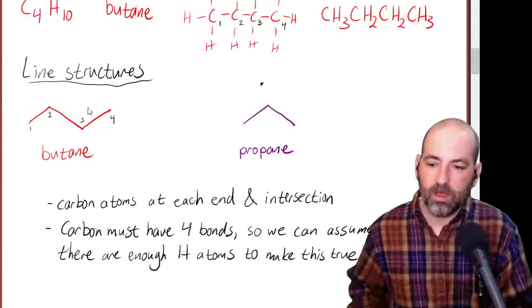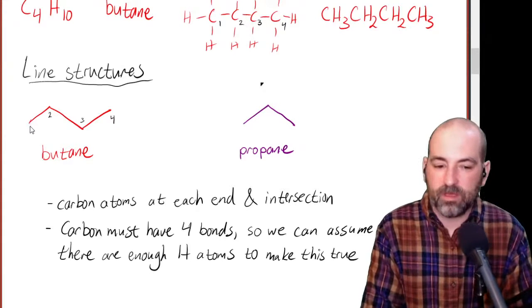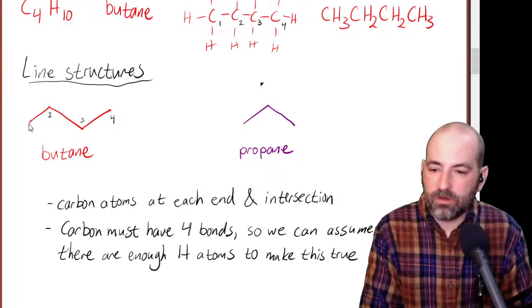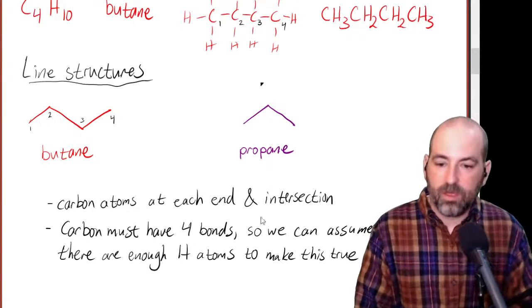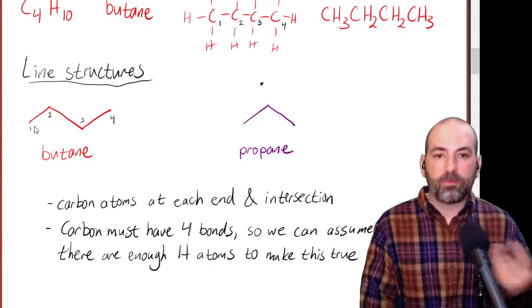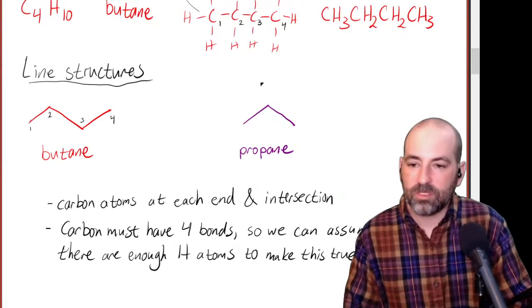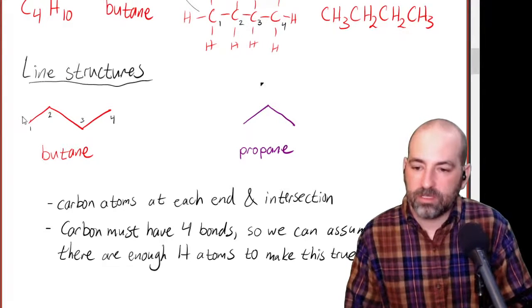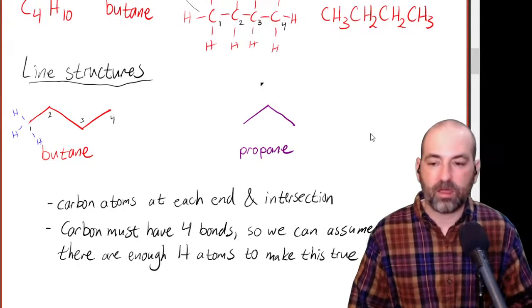Well, let's take a look at butane here. If we go to carbon number 1, way over on the left, we can say, all right, well, this carbon has 1 bond shown between carbon 1 and carbon 2. That's the only bond that's shown in the diagram. So we can assume that there are 3 more bonds there, and they are all hydrogens. So we can assume that there are hydrogens here, here, and here, so that we have 4 total bonds to that carbon number 1.